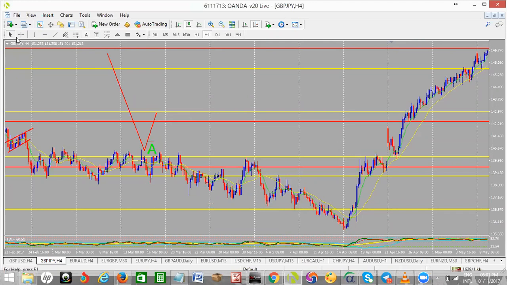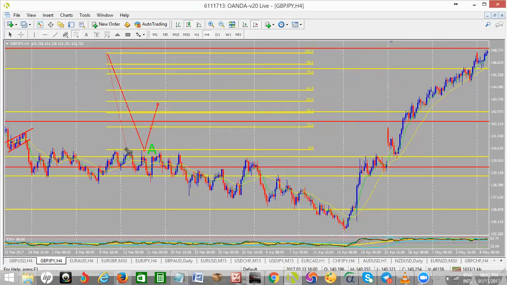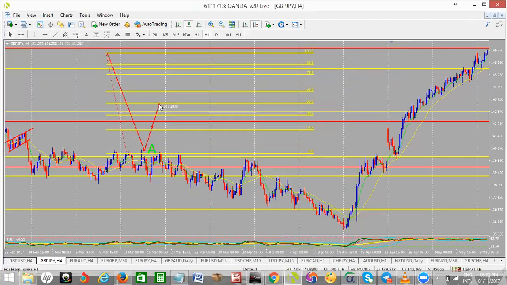This pullback, you see this pullback? This pullback can be anywhere. It can be 38.2, can be 61.8, can be 78.6, and it can be the 50% retracement. So for this example, we're using the 50% retracement. Swing low, 50% retracement. So once you get a valid retracement like this,